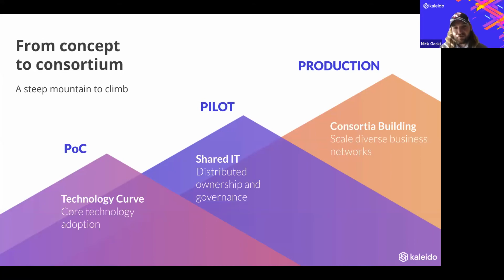And this is what Kaleido has been built for: consortia building, scaling for diverse business networks, meaning you pick your cloud, run this in Azure, run this in AWS, or run this in your own on-premise data center. Have every type of key management option available to you, whether it's encrypting your node with a master key and using your Web3 logic to unlock and lock different accounts on your node, maybe it's using a managed wallet on Kaleido, or maybe it's using HashiCorp or one of those cloud HSM services.